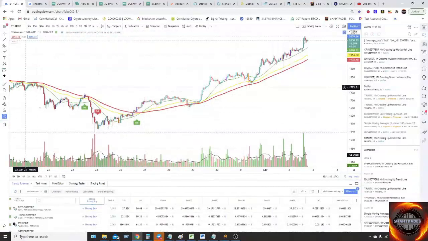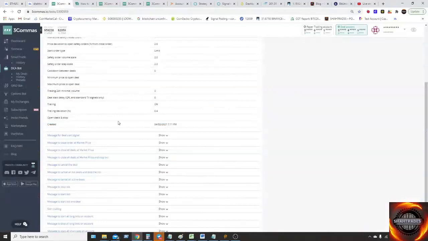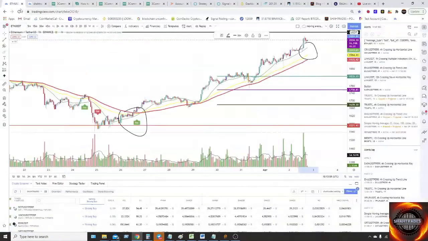Let's say you have buy signals here, but here you receive the sell signals. What you will do, you can add an alert for this long bot to close when the sell signal appears.